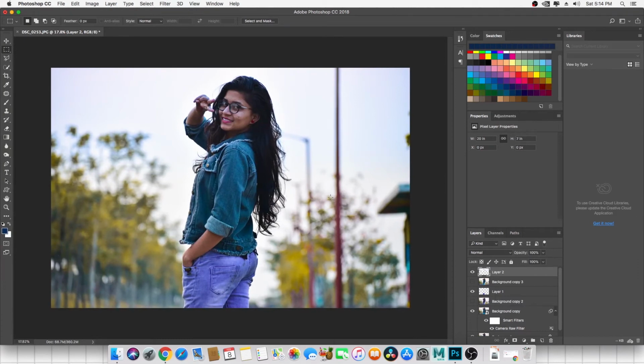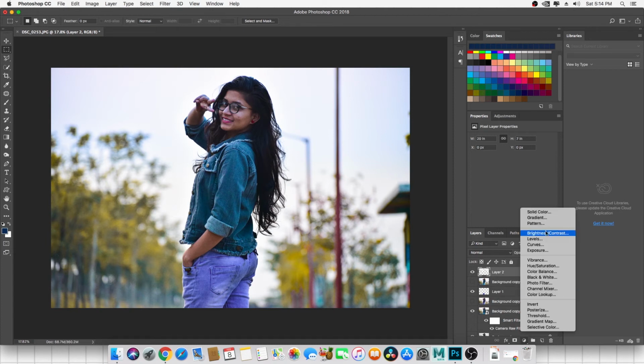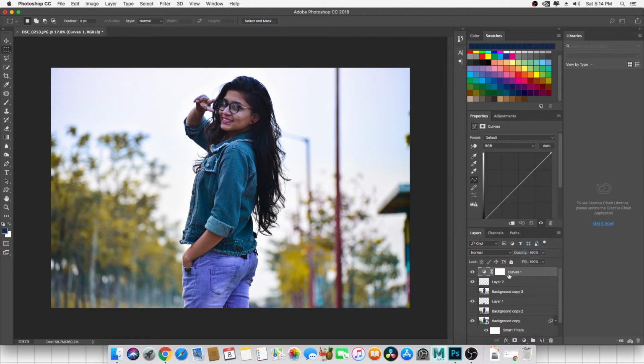Okay, fine. Now next one, I'm going to take a new layer here. Okay, I'm going to delete it. I'm going to the adjustment layer and take the curve one. First of all, we are going to do color correction, and after that we can make a mask, or if you don't want to apply the layer to the whole of the image, you can make a mask on it.